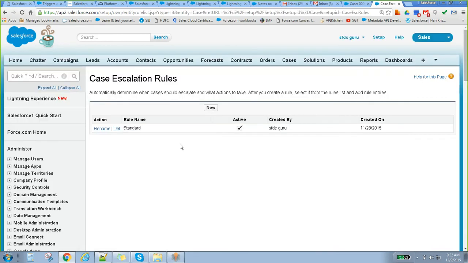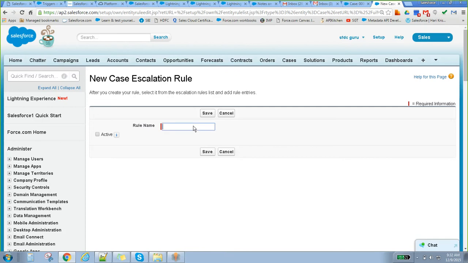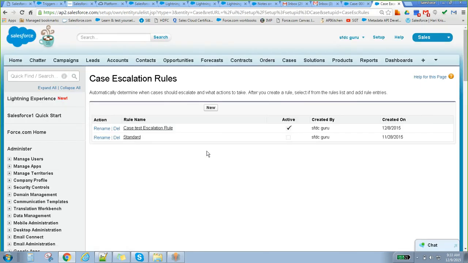Here we can put a new escalation rule. Name it, for example, case test escalation rule, mark it active and save the record.